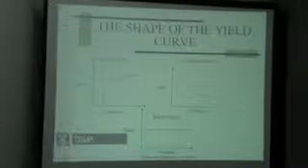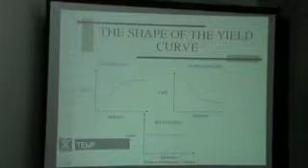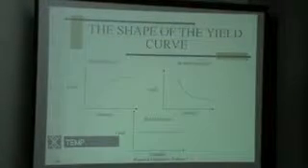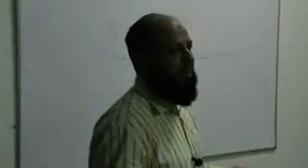The longer the maturity period is, the higher the return should be. So that is the normal. In economies where there is inflation, which is normal, this is the normal yield curve. An inverted yield curve can be there in those economies where there is deflation. That can be there, depends on the economy. And a flat yield curve rarely happens. Never happens. The longer the period is, the return usually has to be